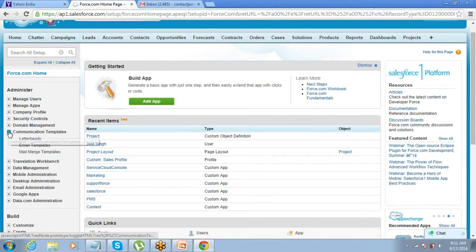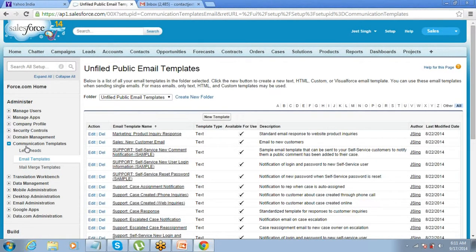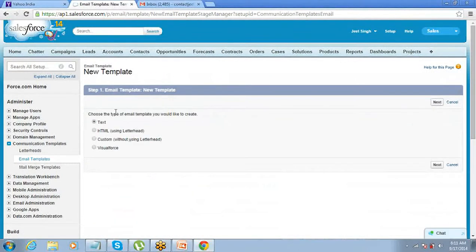So go to communication template, email templates, setup, communication template, email templates. In that, just go ahead and click on new template. Decide which template you want to use, text or HTML or which one, and then click on next.